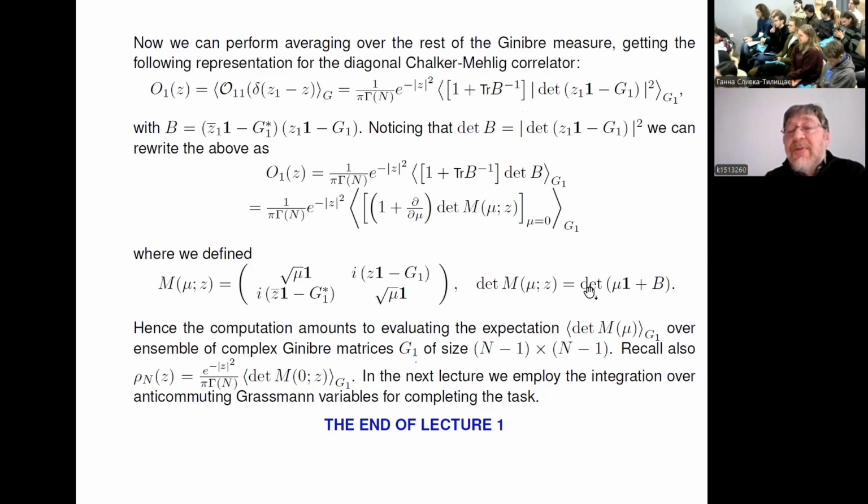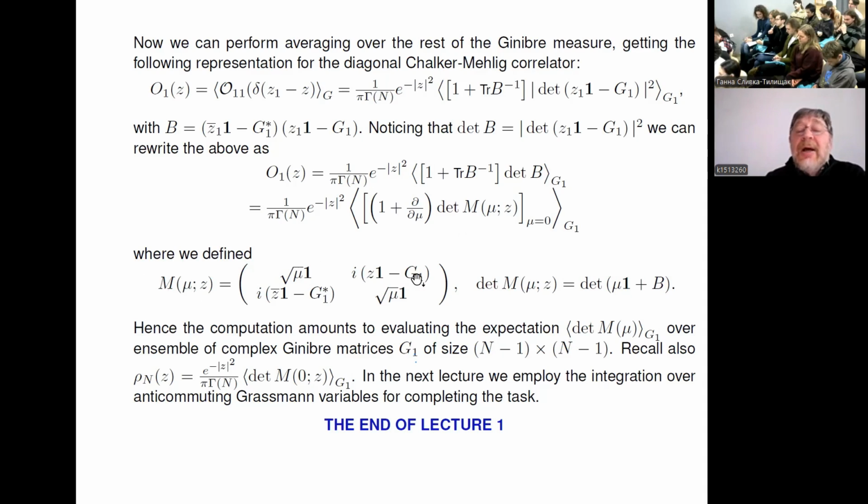When one takes the derivative of a determinant, one always gets the trace of the inverse matrix. So setting then mu to 0, one exactly gets this combination. This trick is very helpful because it now reduces the computation to evaluating the determinant of a matrix M,